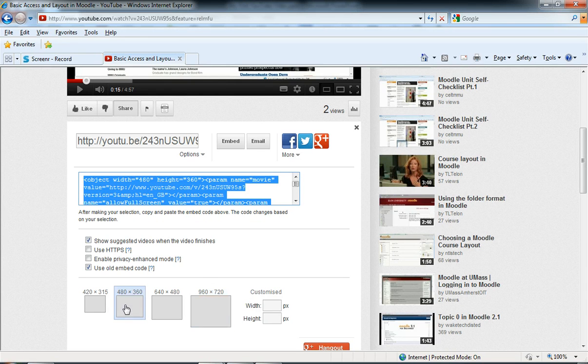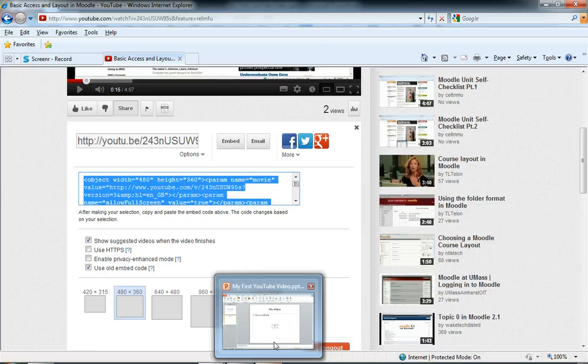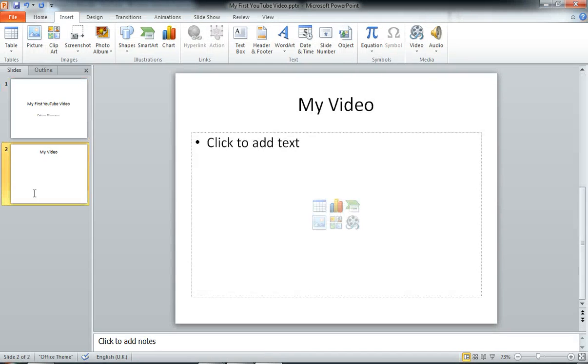I'm going to select this 480 by 360 one for now, and I'm then going to copy this code. So I've selected use old embed code, I've selected my resolution, and I've copied the code from here, and that's me done in YouTube. What I want to do is go into PowerPoint now, and I've got these PowerPoint slides,